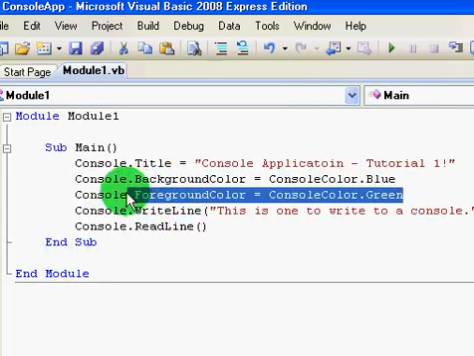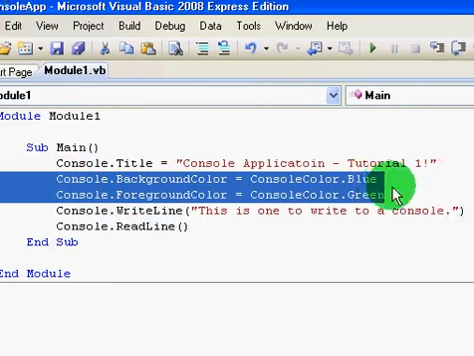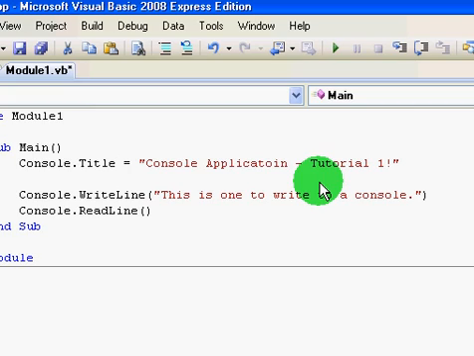Now, this is just an example I'm giving for my first lesson. It's my first time doing tutorials in a long time, so I'm a little rusty. But I plan to start releasing a lot of tutorials on Microsoft Visual Basic 2008 Express Edition,